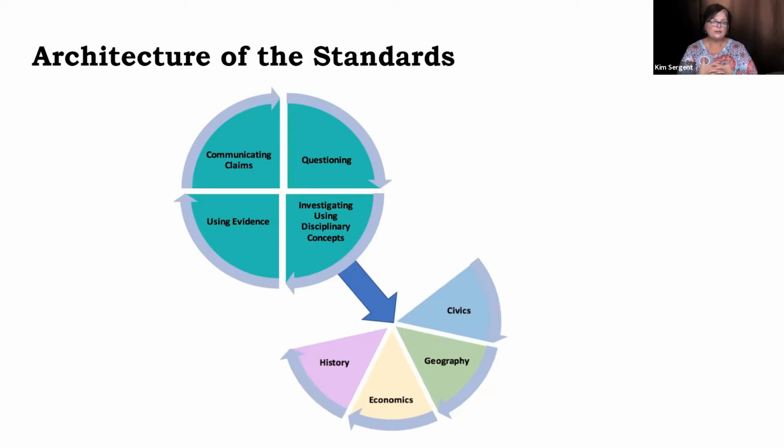Then, of course, stage 3 is using evidence. And your kids can use evidence, especially within these new standards. And again, because they use it with language arts, don't they? So same principle, and also within science, it's basically the same principle with all three of us. We just have different evidence that we use. And then, of course, we have communicating claims. That says claims up here, but it should be communicating conclusions, because that's actually the 4th stage. That's a little typo within all of this.